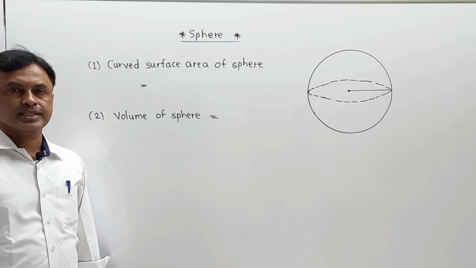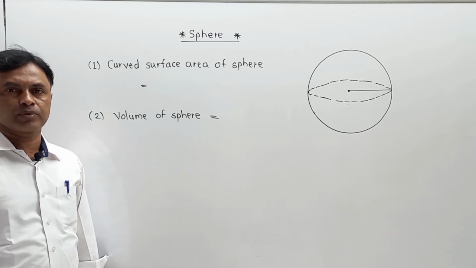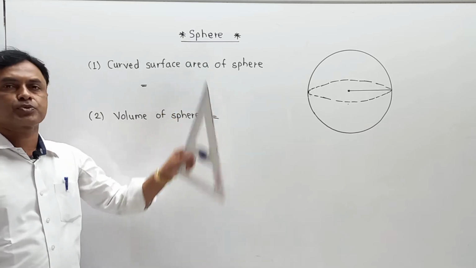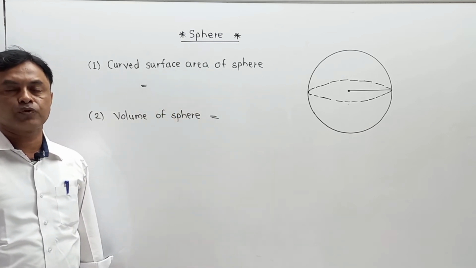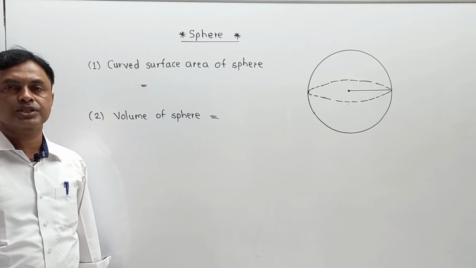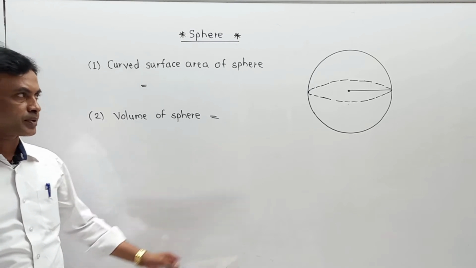Now, for the next exercise, we are going to start two diagrams over here. Among them, one is a sphere and the second is nothing but a hemisphere. Now, there are two or three formulae required for the calculation, which are directly introduced in your syllabus. So, please try to understand that part.